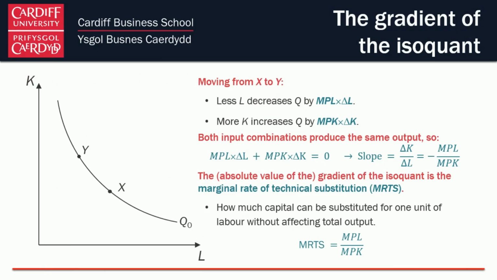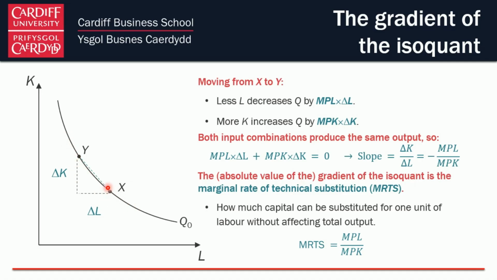I'm looking at this isoquant curve, starting from point X, and I move towards point Y. Point X is more labor intensive. There is more labor and less capital in here, whereas point Y has less labor and more capital. It's more capital intensive production. So basically, fire, let's say, delta L units of labor, and instead I acquire delta K units of capital, and still am on the same isoquant, meaning that my production level is the same as before. So output does not change. I just change the composition of capital and labor. And by looking at these things, I want to get a sense of the rate of change, the slope